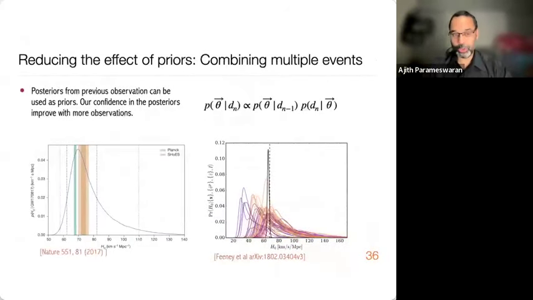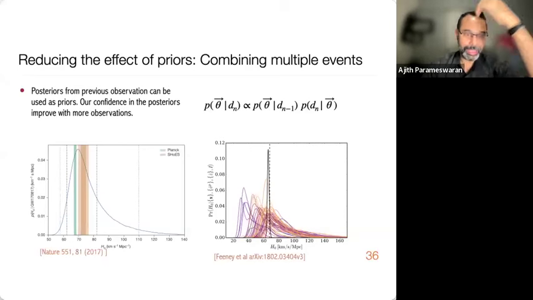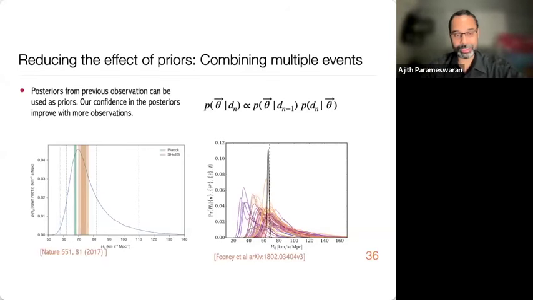And so I said earlier that eventually the effect of priors could be reduced because one could combine a large number of measurements, or these measurements will give you more and more confidence. And here is one example of how one would minimize the effect of priors as well as the uncertainty in estimating parameters if you have repeated measurements of the same thing. And here, what this shows, for example, is the first measurement of the Hubble constant, which describes the expansion of the local universe,